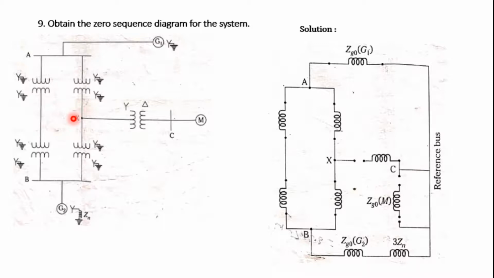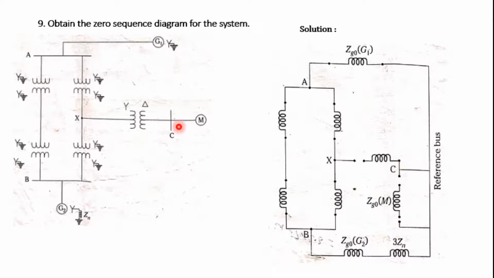Then between X and C there is a transformer, the primary is star. Okay, primary star, so you can see here it is not grounded, that's why we are going to open this switch between X and the transformer. What is the secondary here? Secondary is delta, so what we need to do is consider the current should go to the reference line or the reference bus, which means we should close the shunt switch. This is a shunt switch.